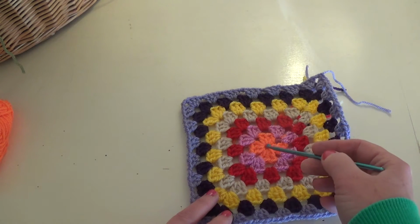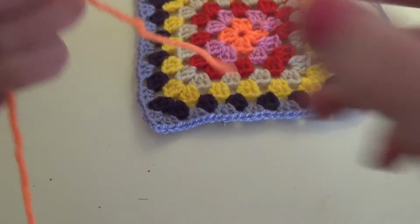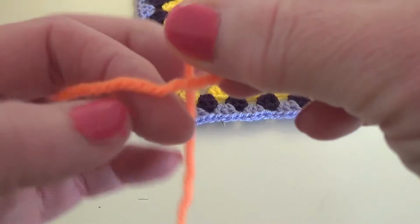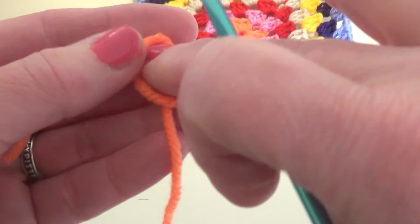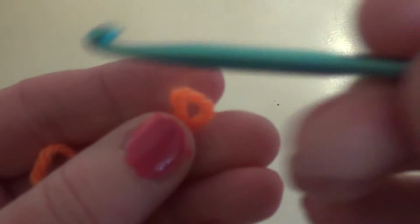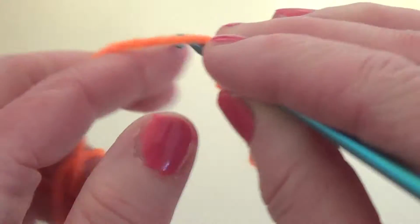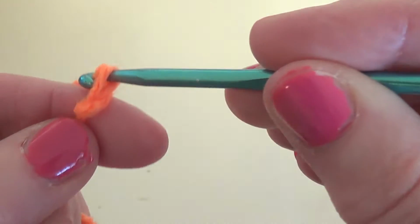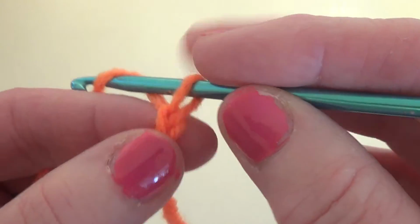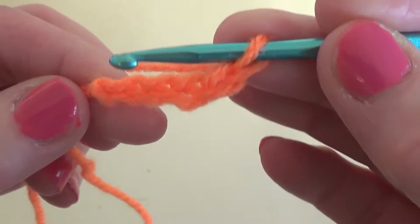We will begin from this point. Take a crochet hook number 4 and we will make a slip knot this way. Take this knot, put our hook on it, and we are going to chain 4. The slip knot doesn't count, so we count 1, 2, 3, 4, and then we go to the first